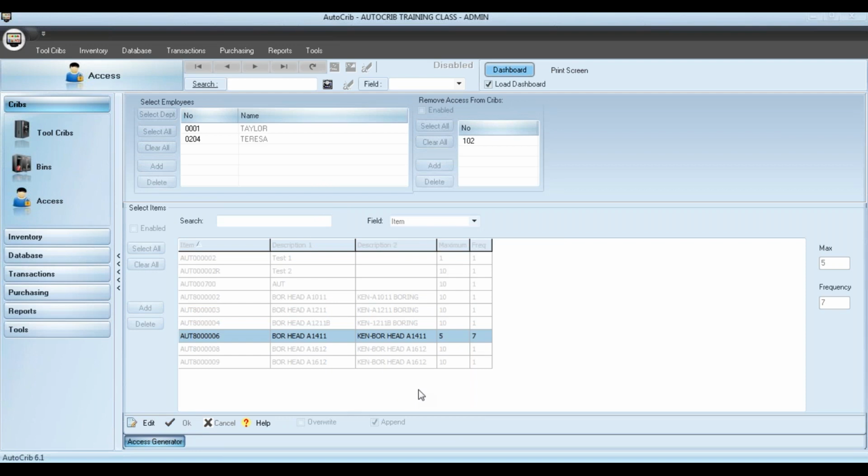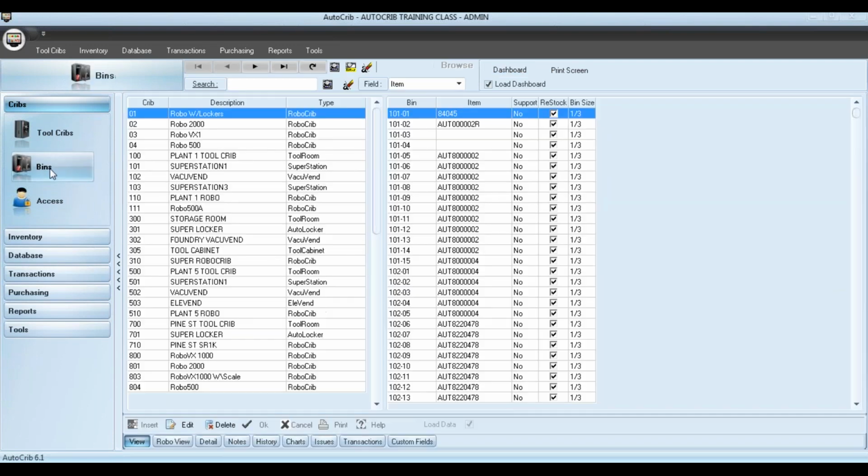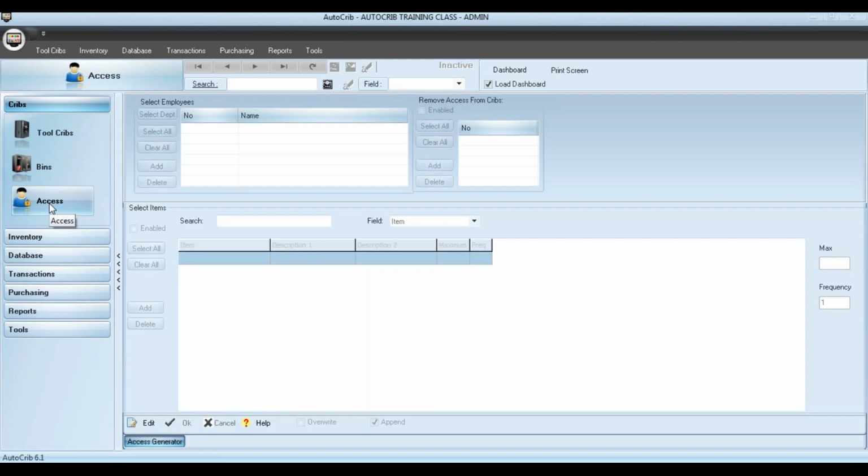And you will notice that once you leave this screen to access another module, for example, if you go to bins and then you return to the access module, all the information is removed from the screen. So now the only way to review the access controls that you have applied,